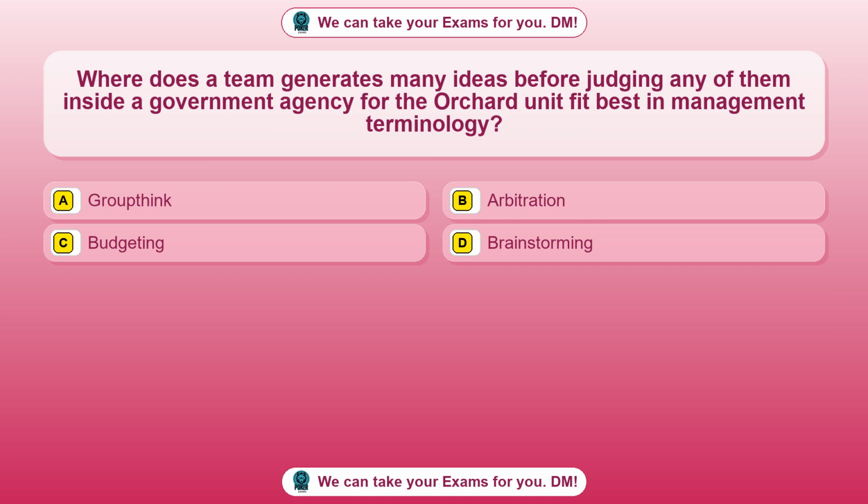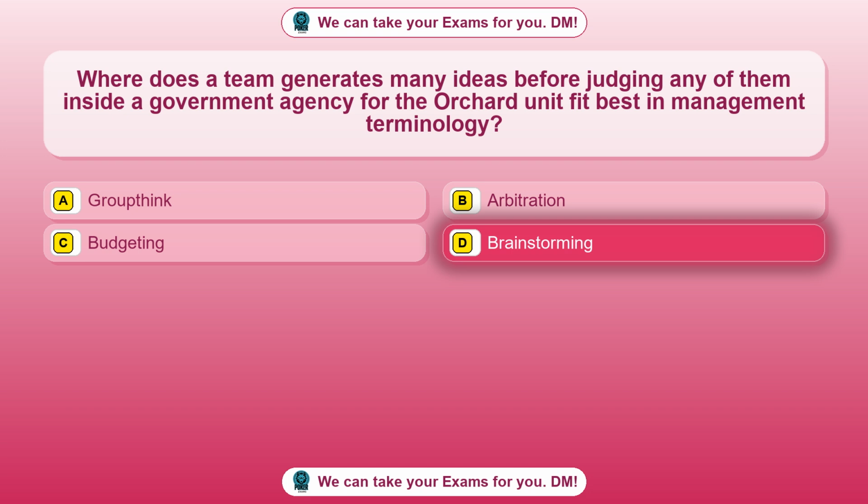Question 25. Where does a team generate many ideas before judging any of them inside a government agency for the orchard unit fit best in management terminology? Option A, groupthink. Option B, arbitration. Option C, budgeting. Option D, brainstorming. The correct answer is option D,